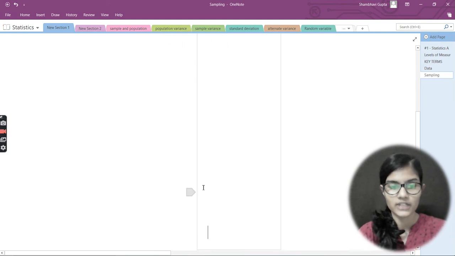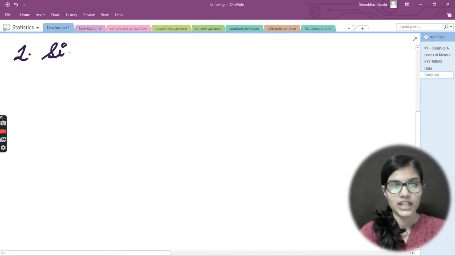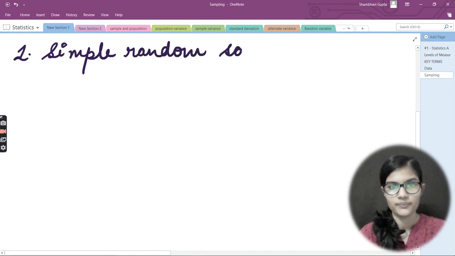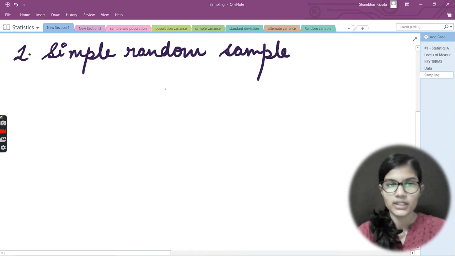The very first method that we are going to discuss is a simple random sample. Let me put that heading here, the simple random sample. This is the topic that we are going to see right here. As I mentioned, there are different methods for random sampling, but the first one we are going to choose is a simple random sample.